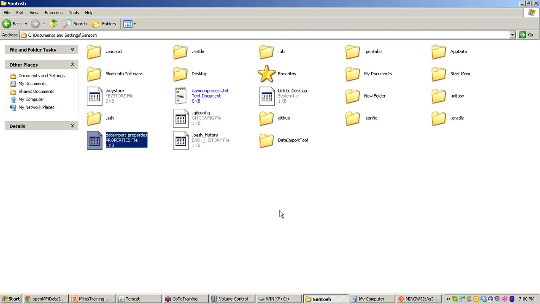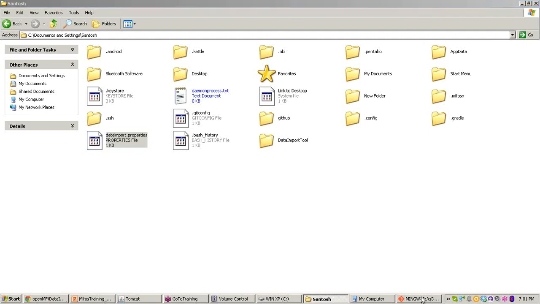Let me recap in 30 seconds whatever we have seen until now. Right now we are seeing how to install the data import tool. The first thing we have done is downloading Gradle. Second, setting up environment variables for Gradle.